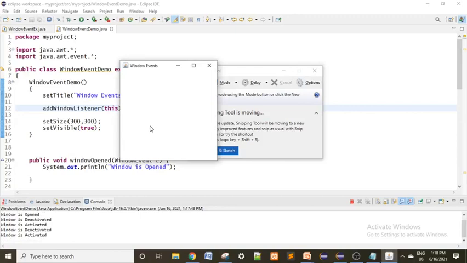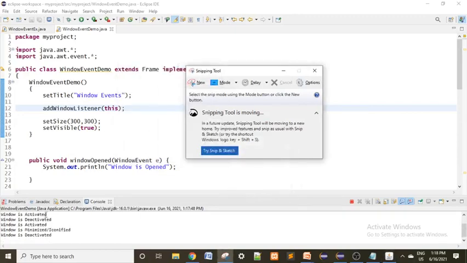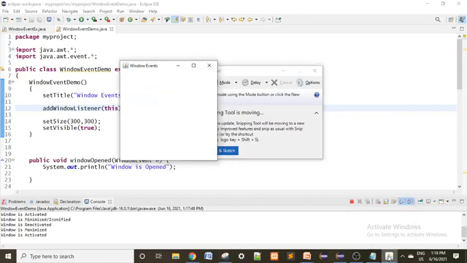When you minimize this window, the window is minimized and deactivated, because deactivated means it stops working. Whatever is working on that frame or window stops. When you maximize, the window is maximized as well as activated.